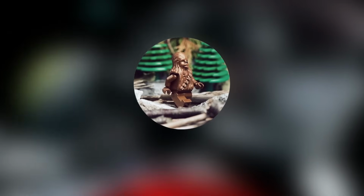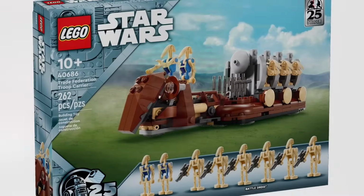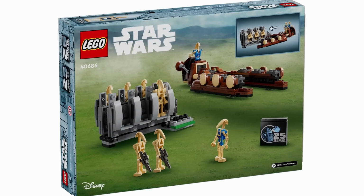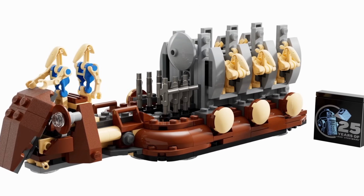Now making our way into the top 5, at the number 5 spot, I have the best and worst LEGO Star Wars GWP of all time, and that is 40686 Trade Federation Troop Carrier. This set has 262 pieces, and as you know, this was the May 4th GWP, so basically if you spent $160 between May 1st and May 4th on Star Wars sets, you would get this set for free